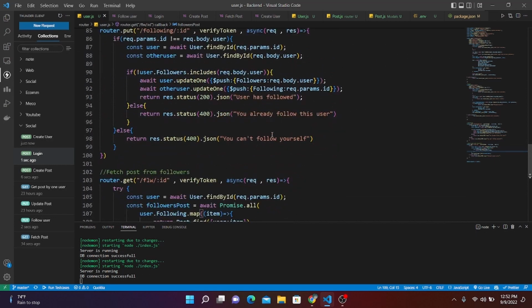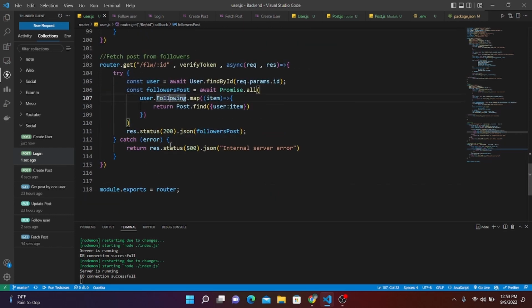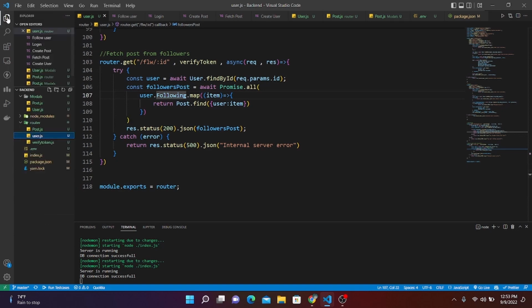So now we can follow our user, and we can see a post from our following. And now we want to make a system for our like and dislike post. Okay, so now we are going to make a functionality for like or dislike. So for that, let's go in our post,